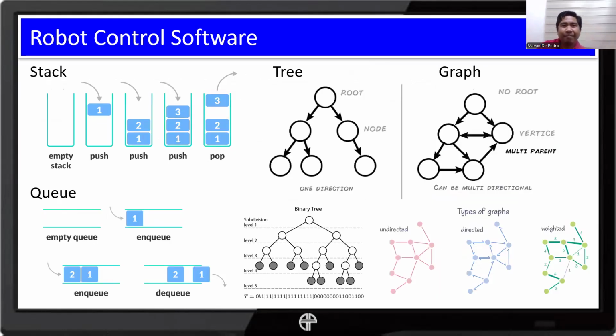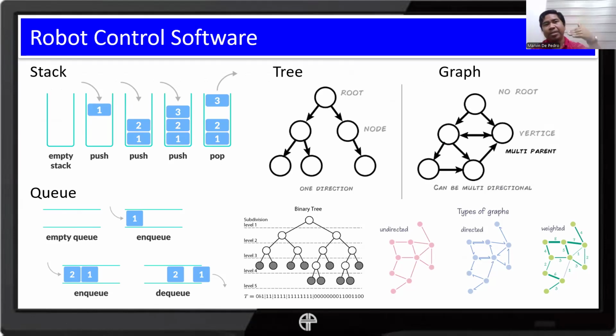Now in the linear lists, we have the stack and queue, while in the non-linear we have the trees and graphs. To explain it very quickly, just remember that a stack is last in, first out. In a stack we have the terms push and pop, whenever we add data.